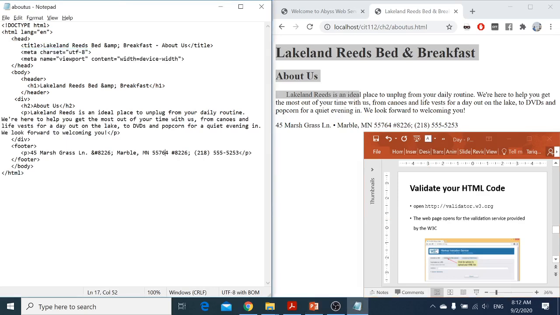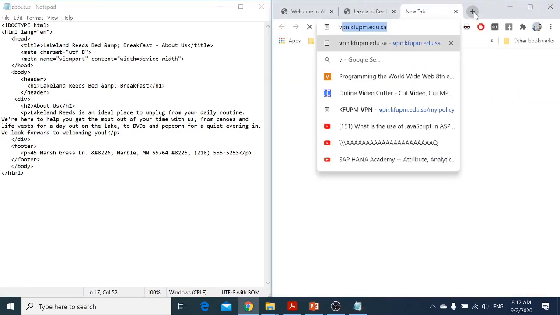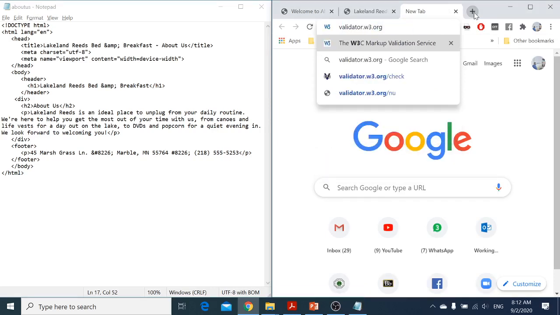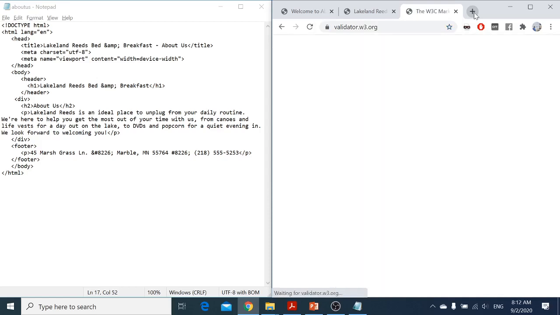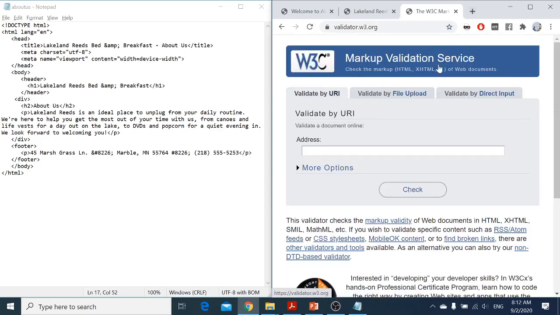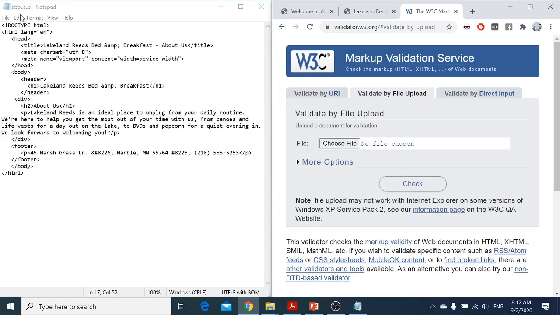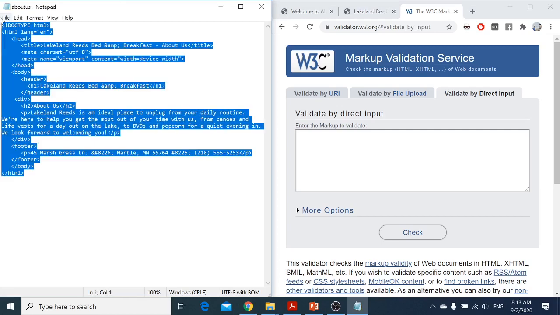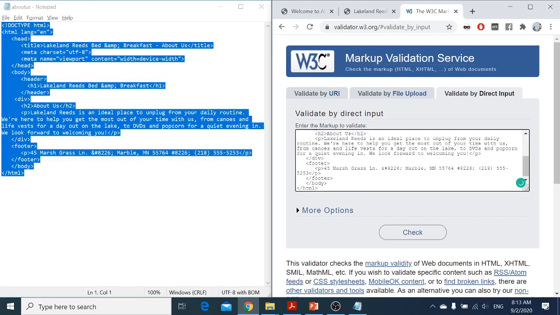Validate the HTML code. So we have to go to a web page, and that is validator.w3.org. I'm going to check my web page, debug my web page. What I can do is put the address, if this is a website, I can upload a file, this same file I can upload, or I can copy paste the code inside. So let me copy paste the code inside, and I will say check the code